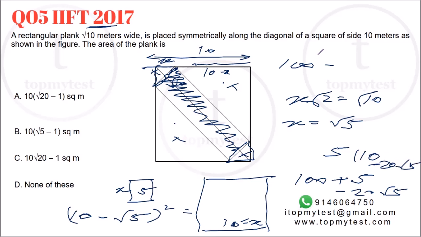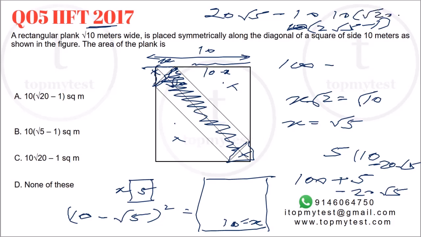You need to subtract this from 100. So if you subtract this from 100, you will get 20 root 5 minus 10. If we take 10 common, that will be 10 into 2 root 5 minus 1. If you bring this 2 inside, that will be 10 into root 20 minus 1. Option A is your correct choice. Again, algebraic manipulation, understand how the squares are, fix it, job done. Again, 2 minutes in an exam situation, takes more time to explain than to actually solve.